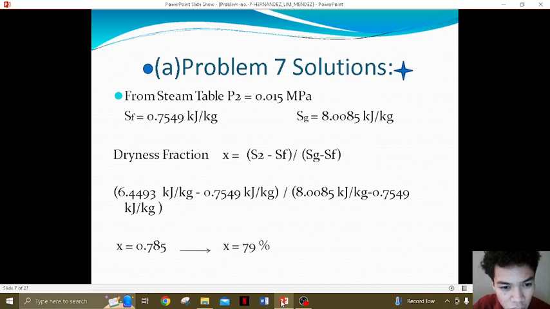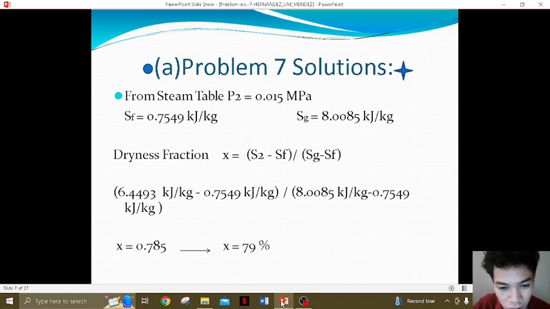All you have to do is substitute 6.4493 kilojoule per kilogram minus 0.7549 kilojoule per kilogram, over 8.0085 kilojoule per kilogram minus 0.7549 kilojoule per kilogram. You'll have the result of the dryness fraction X equal to 0.785,